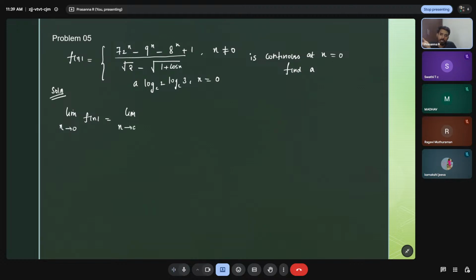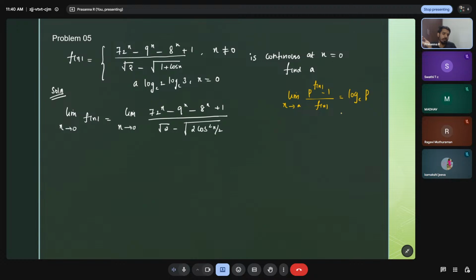limit. The limit as x tends to 0 of 72 power x minus 9 power x minus 8 power x plus 1, divided by root 2 minus root of 1 plus cos x, and 1 plus cos x is 2 cos square x by 2. So we know the standard formula, right? We haven't used it yet, but I have given you: limit as x tends to a of p power f of x minus 1 by f of x